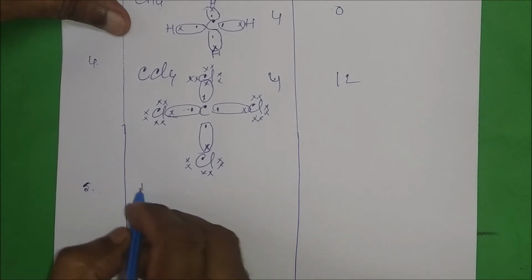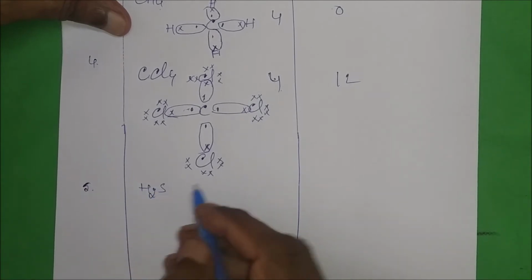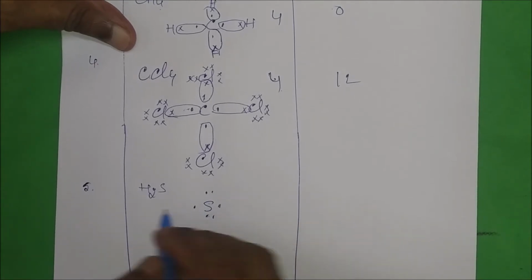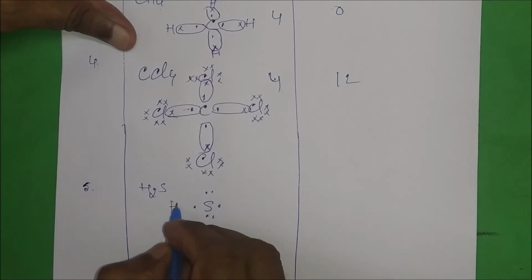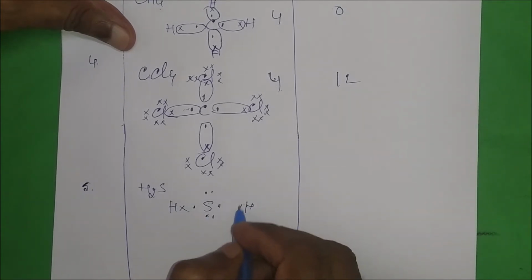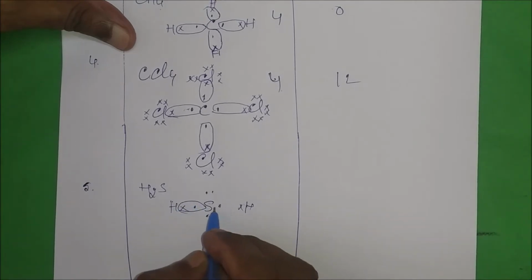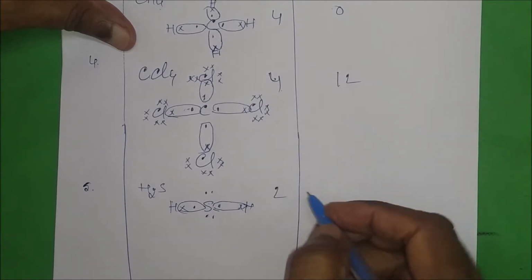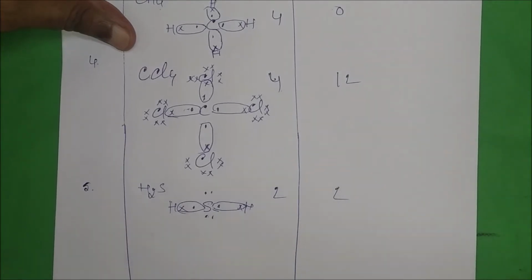Like H2S, right? H2S is what? Hydrogen is 2, so sulfur is here, right? Sulfur has 2, 4, 6. And hydrogen is there, so here hydrogen, here hydrogen. So these two combine. Similarly, these two combine, right? So what will be there here? Bond pair will be 2, right? And lone pair will be what? Only 2, right?